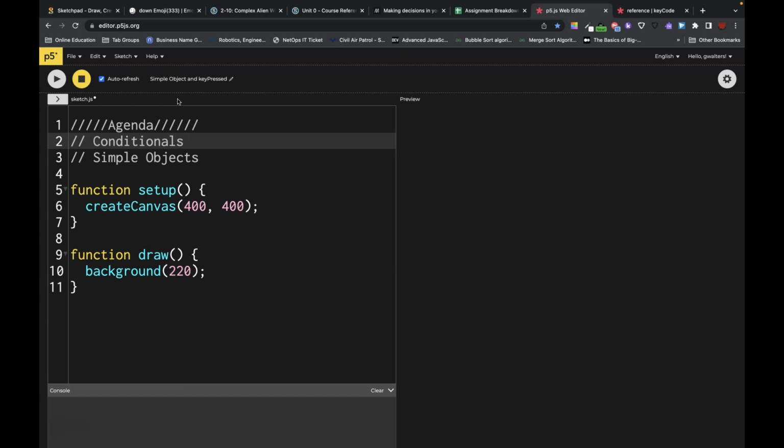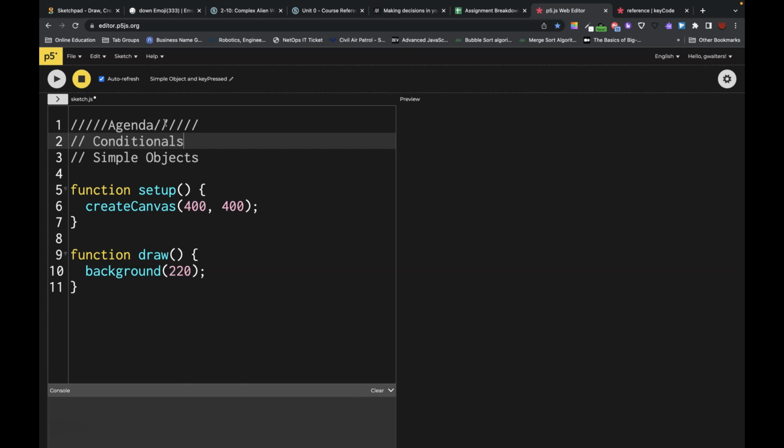It's really how we build all of our programs. It's how we can create games. It's how we can have our player move left when the keyboard A key is pressed. We can have them move right when the D key is pressed. So we want to build some of that into our code. And in order to do that easily, we also need to